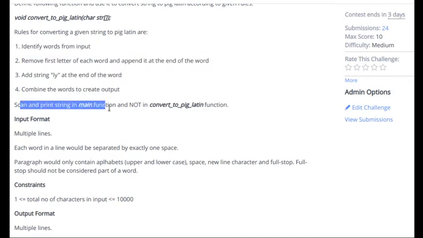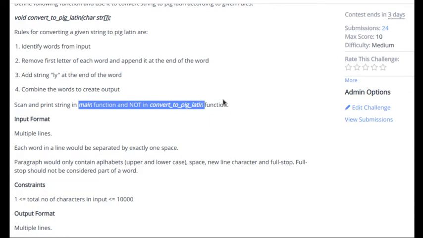It also says to scan and print in the main function and not in the convert to Pig-Latin. So I think with this it wants us to understand how to pass character strings to the other function, and how that character string can then be modified in the called function, right?